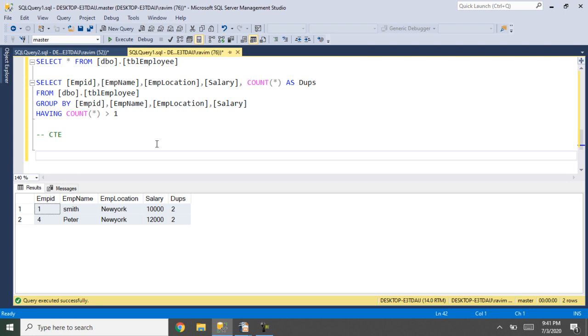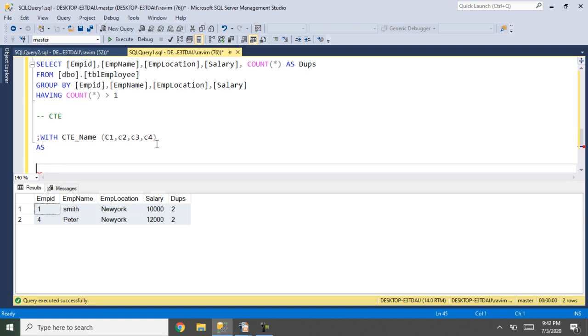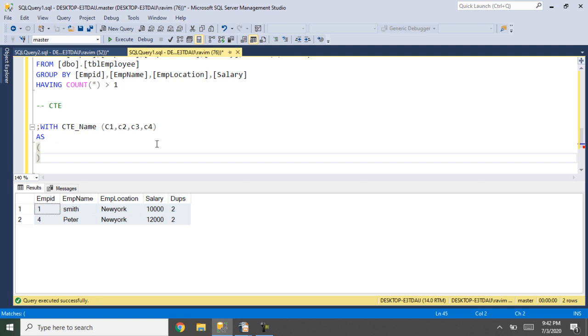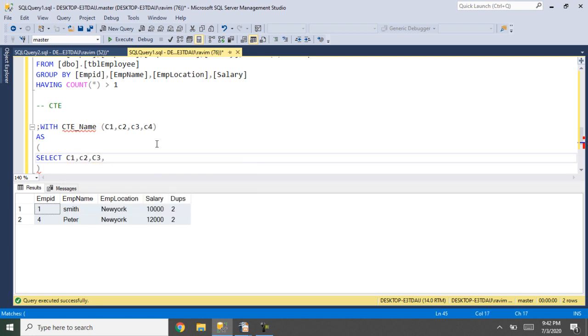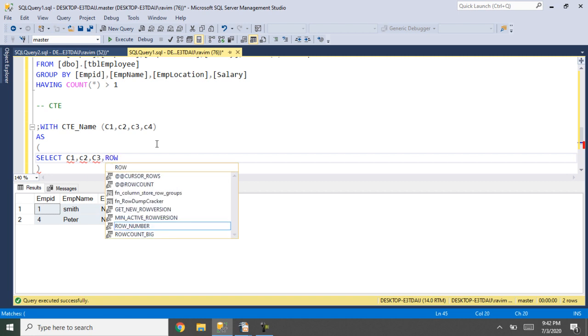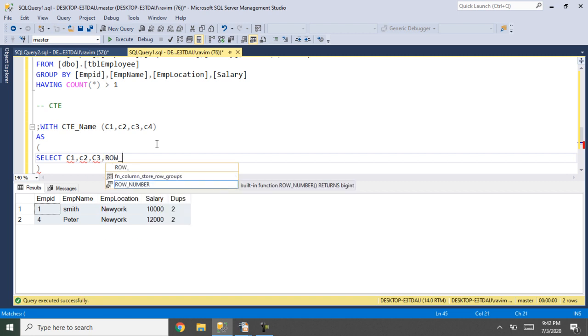So let me write the general syntax of the CTE. So CTE will be written with CTE name and the column list, which is C1, C2, C3 and C4 for example, enclosed within the brackets, and write the SQL query which we want to perform. So I'm selecting C1, C2, C3. If I want to use any window function, that is row number, rank, dense rank, etc. So I use row number